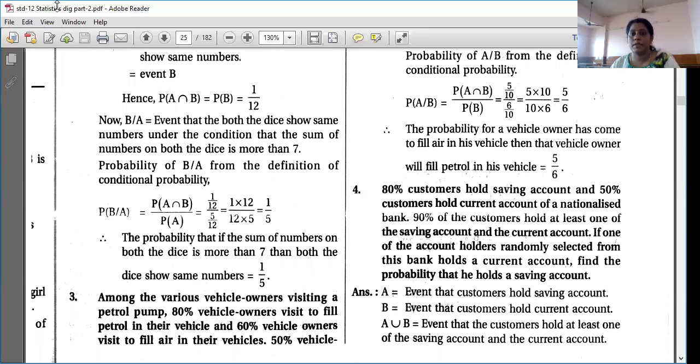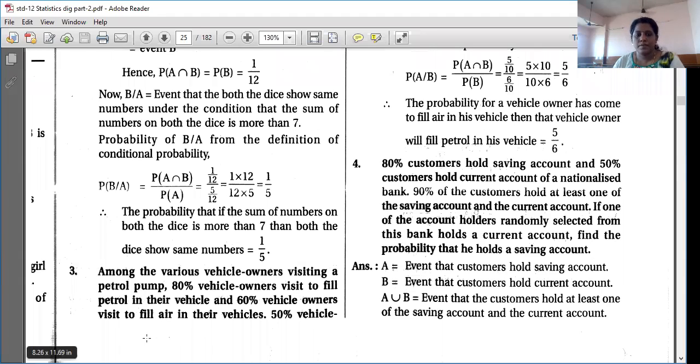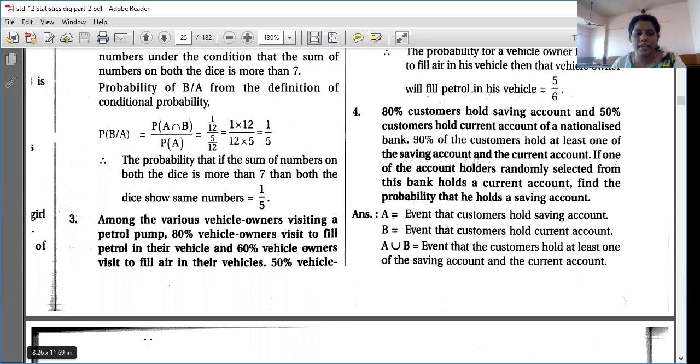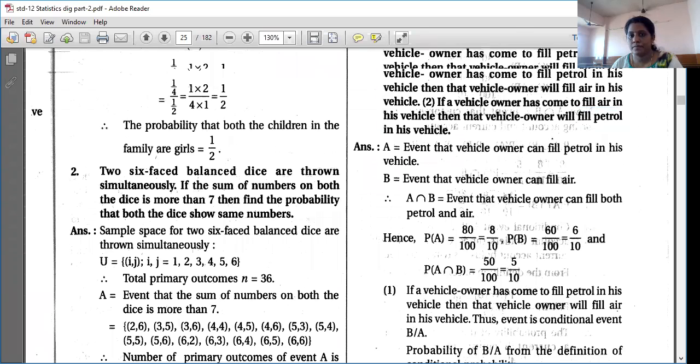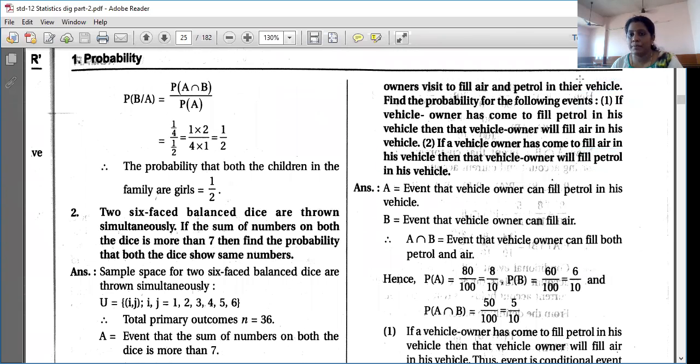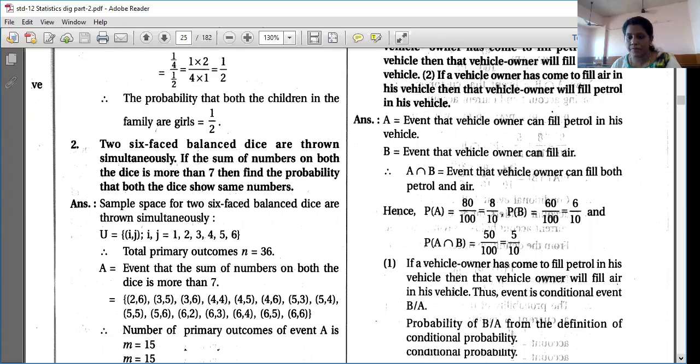So the question of the third sum is, among the various vehicle owners visiting a petrol pump, 80% vehicle owners visit to fill petrol in their vehicles and 60% of the vehicle owners visit to fill air in their vehicles, and 50% of the vehicle owners visit to fill air and petrol in their vehicle. Find the probability for the following events. See, here 3 events are given. That is 50%, sorry, 80% visit to fill petrol, then